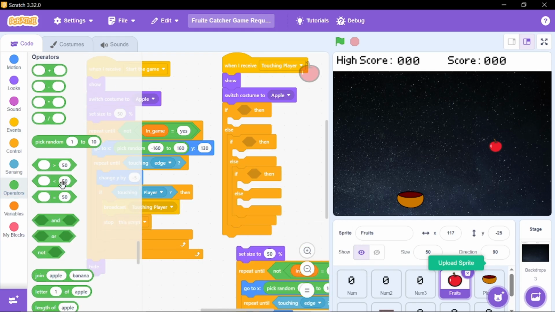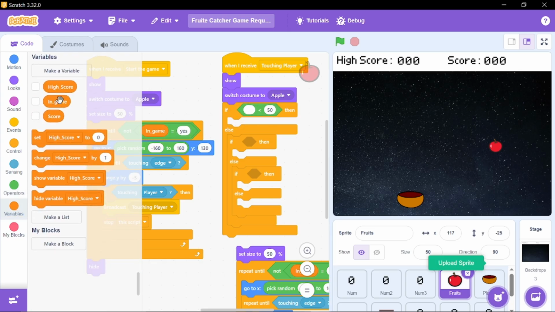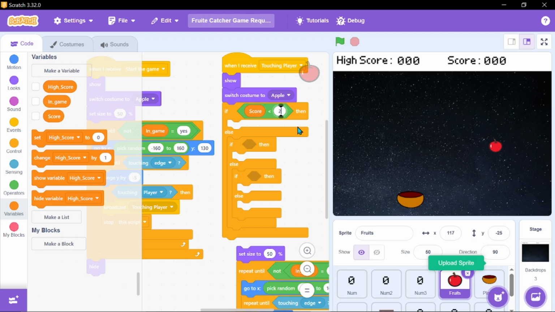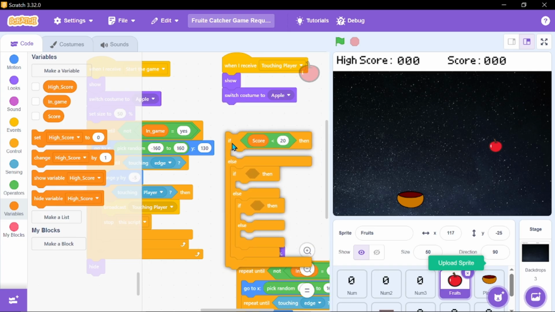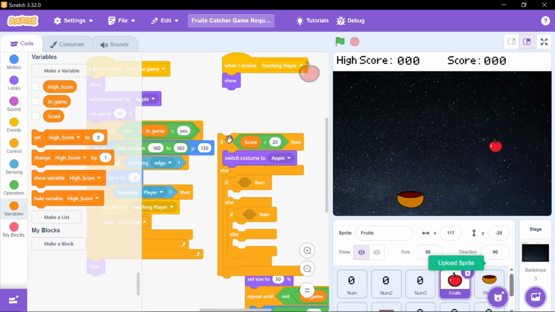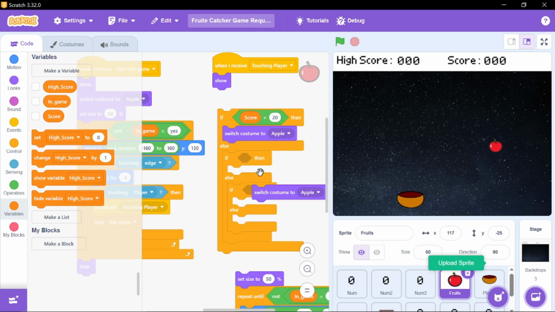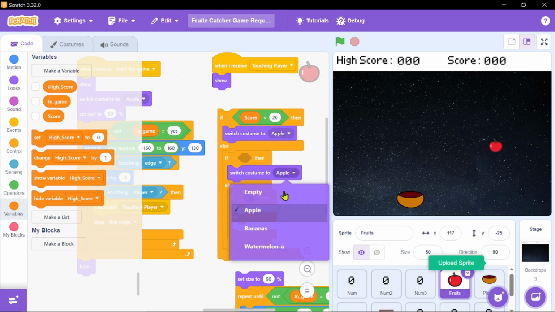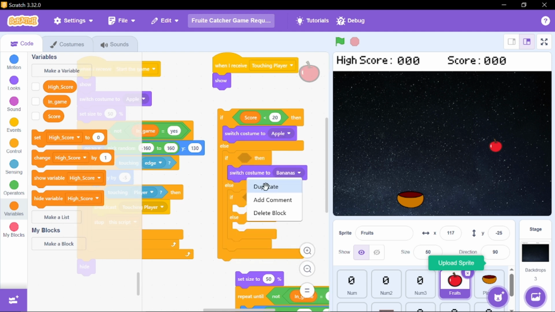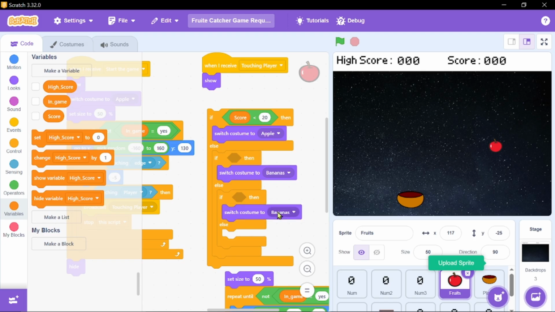It is going to be smaller than, if score is smaller than 20, I'm gonna bring it a bit down, switch costume to apple, and then I'm gonna make it switch costume to banana, and then switch costume to watermelon, and I'm gonna make it if